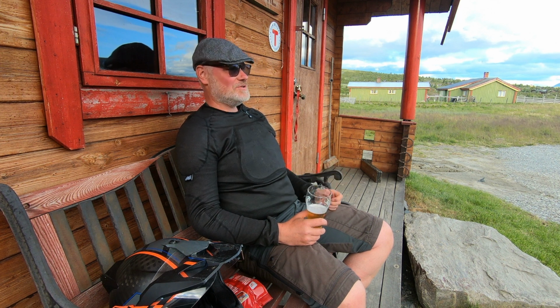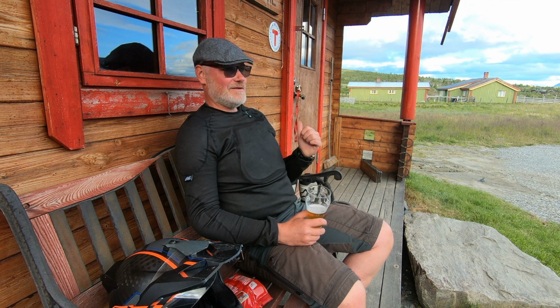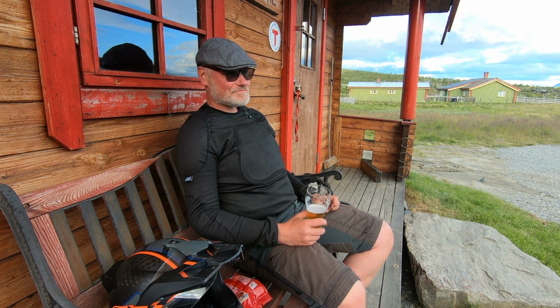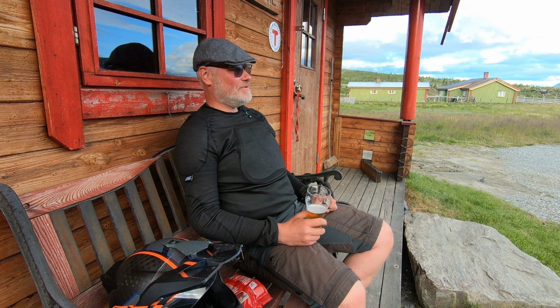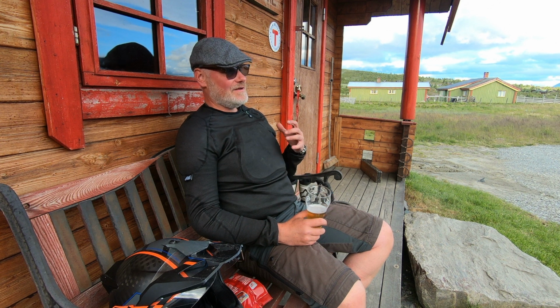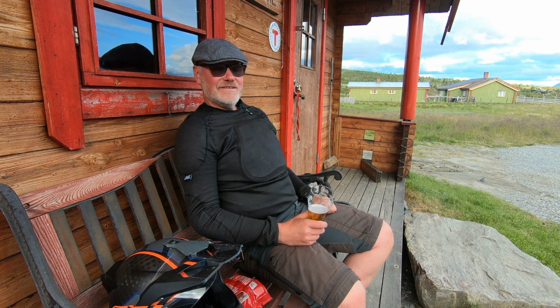I asked, is it closed? Yes, it's closed. Do you have any stuga or the cottage? And they said they have. So we just opened up the booking for me, because the latest booking is like 18:30, I think. They only have this and one other cabin left. So great. So I got the cabin,